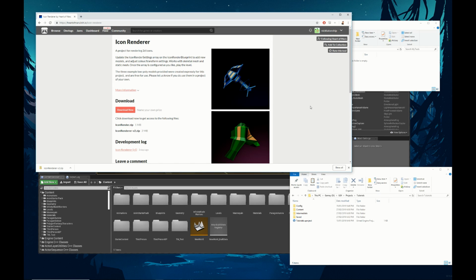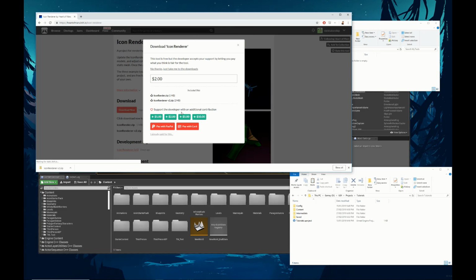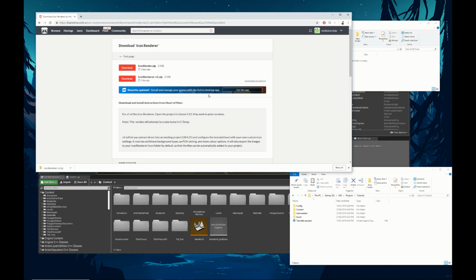So what this does is actually goes through whatever settings you've configured, picks out your 3D models and generates a 2D image out of that. So I'm just going to hit download, and while that's going through, I'll just talk through it. Just use the V2 because it's got more features and will let you just throw it into an existing project. So I'm going to hit that